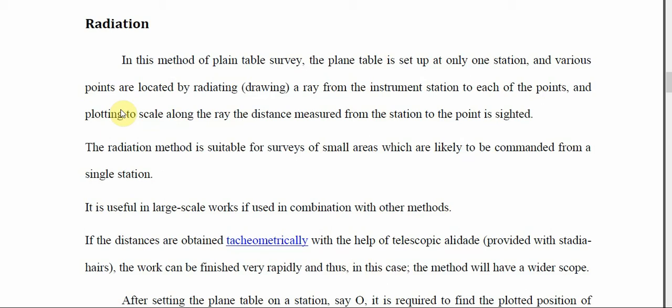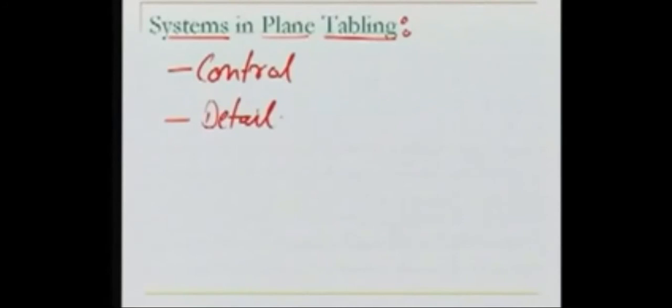Now, before we go into that, you should know what the systems are in plane table survey. In any plotting, there are two things. One is control, the horizontal control or the vertical control. The second is details. We want to fill in the details. Now, what is the meaning of this? If we have a plane table,